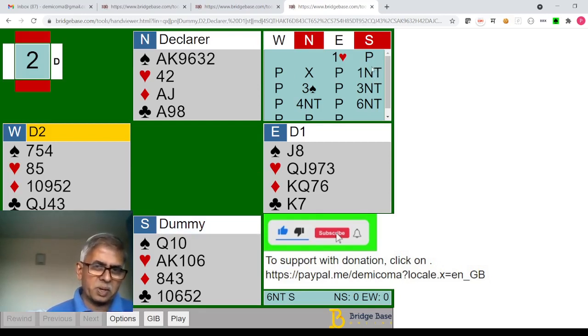Some of you might be surprised with this one notrump bid, but remember that North's double is in the fourth position, in the balancing position, and it could even come with 8 or 9 points. So it's not correct on the part of South to jump to 2 notrump with just 9 points.